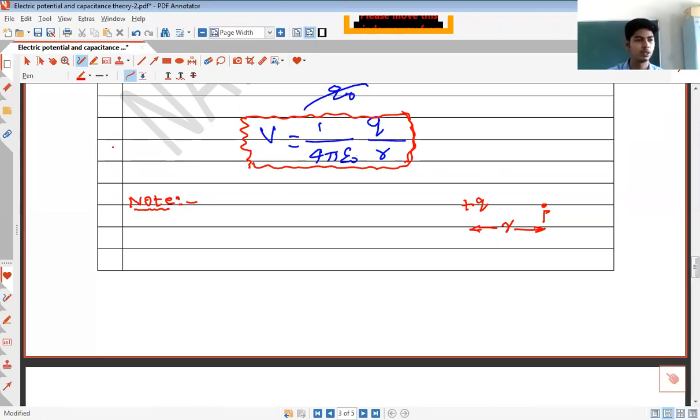So from this expression, we can notice that electric potential is inversely proportional to the distance of the point. Electric potential V is inversely proportional to the distance of the point. That means the more the distance of the point from the source charge, the less the potential at that point. So we can write electric potential